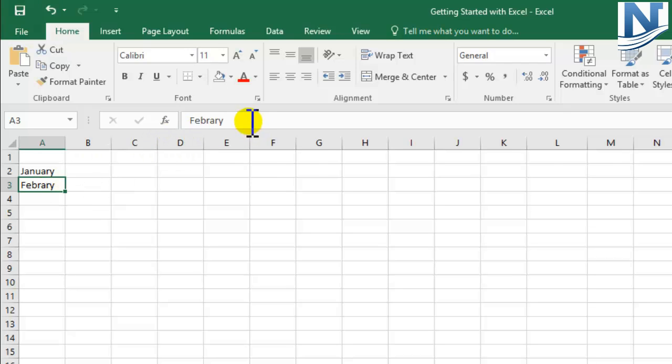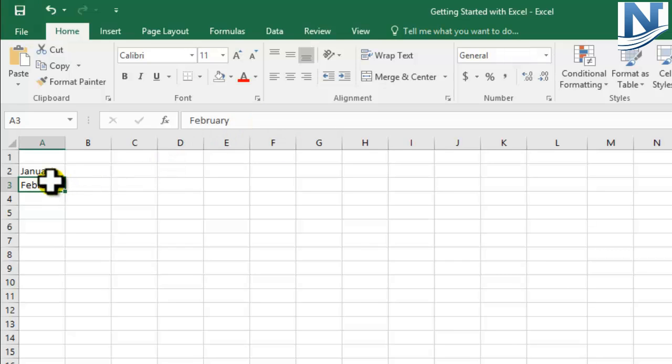First is going to the formula bar. I have the spelling written over here, so I can just type the new spelling over here. And if I want to go sideways, I can make use of arrows and correct the spelling as well. Okay, so February is what we have done. The spelling is now correct. This was the first approach, wherein we go to the formula bar and type down the correct spelling.